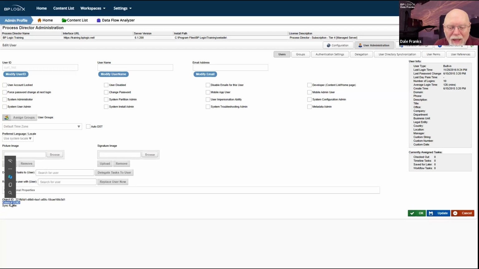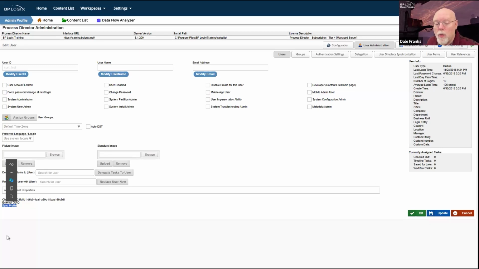So if it's the same user, and this same user is in two AD sync profiles, okay, the SID for that user is going to be the same, but the sync profile won't. What that means is, as far as Process Director is concerned, those are two entirely different users.